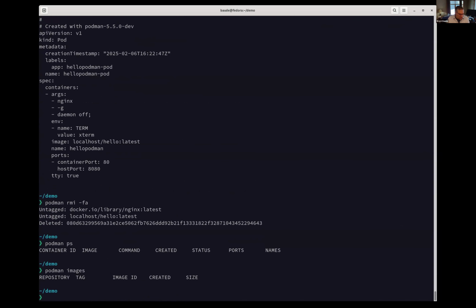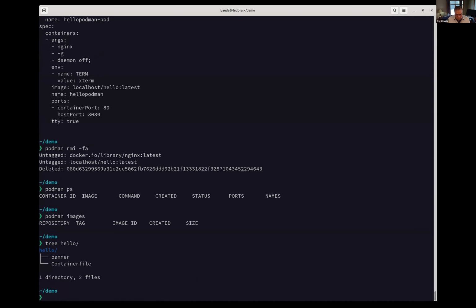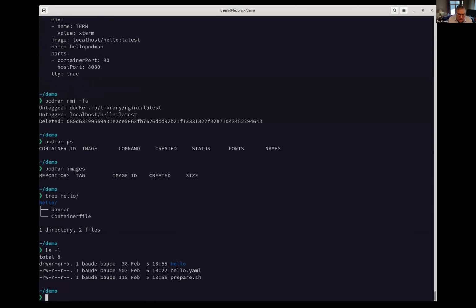And so we're sitting with a fresh system again here. Now, if we look at this hello directory, what we see is there's a banner file, which is what you saw come out, a container file that describes how to build the container, and then we've got this YAML file sitting in this directory. So if we do a podman kube play now and feed it this hello YAML,